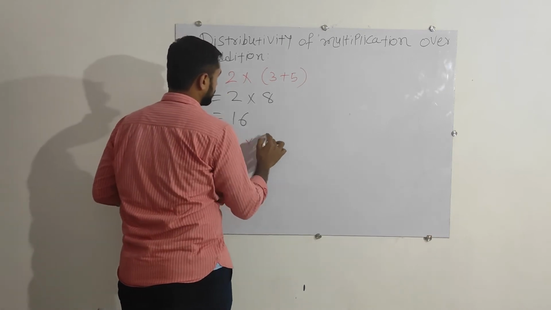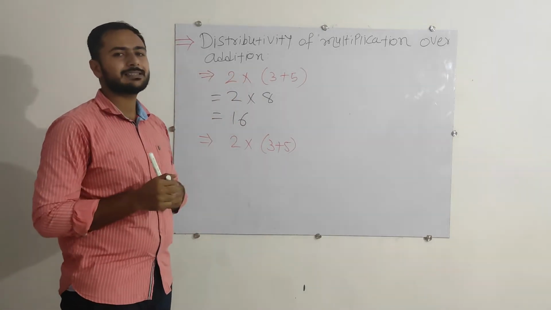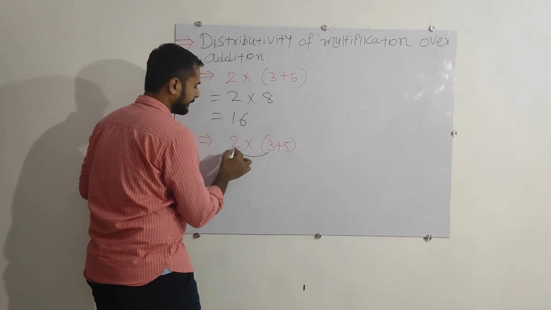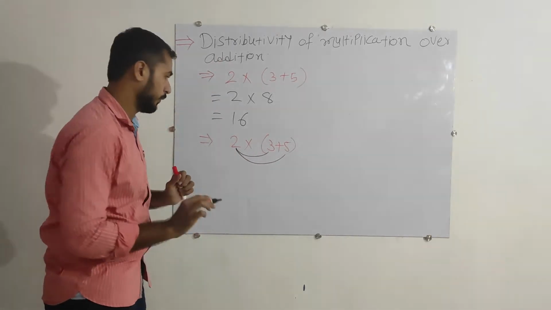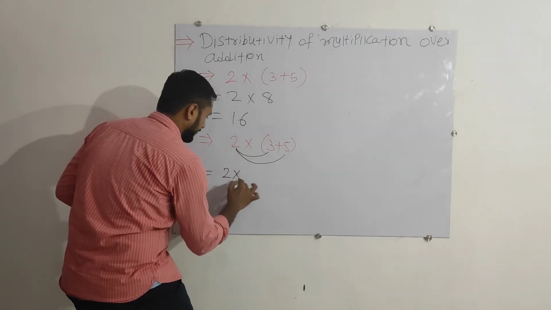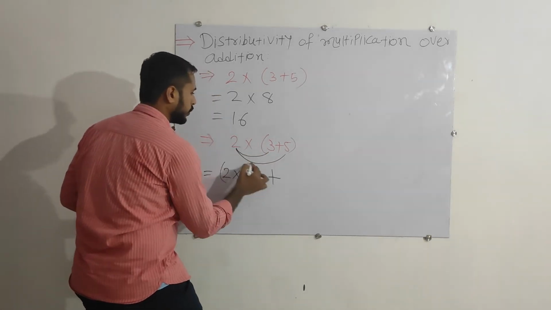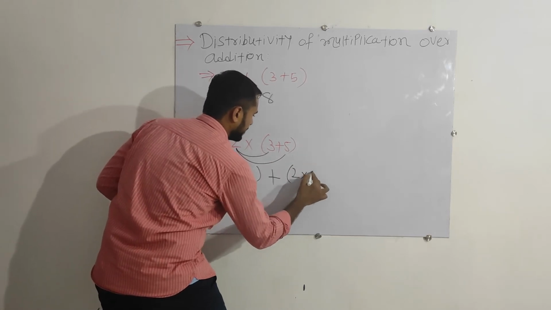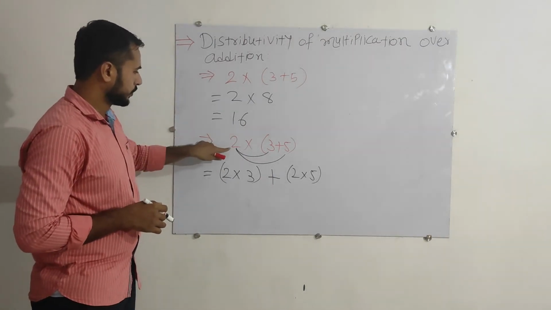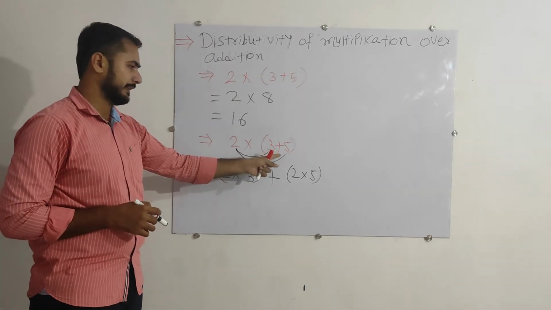So again I am going to use the same problem. Now the distributive property says that if there is multiplication, this number 2 will multiply to 3 as well as to 5, both the numbers. First, I will multiply with the 3 because that's the first one. So 2 multiplied by 3. Which sign is here? Addition, so put that. Again, 2 multiplied by 5. Once again, 2 will multiply to 3 first, then 2 will multiply to 5, and in between there is the addition sign as it is here.